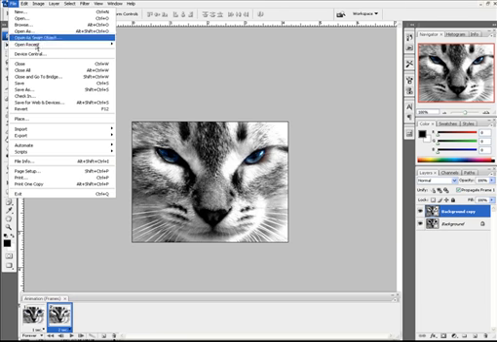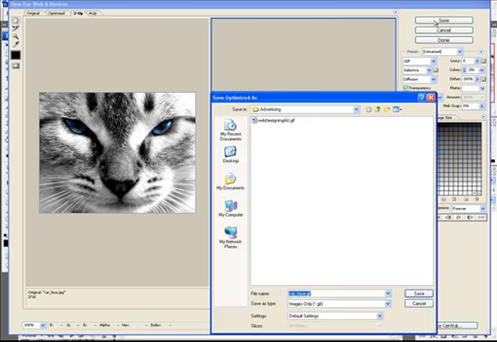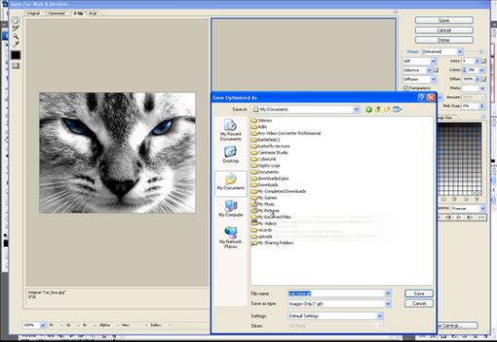And now instead of normally saving, go to File and choose Save for Web and Devices. This will take you straight to the GIF save option, which is more optimized for web development or else normal use. I'm going to say save and save it as whatever name you want. And of course the finished version is available